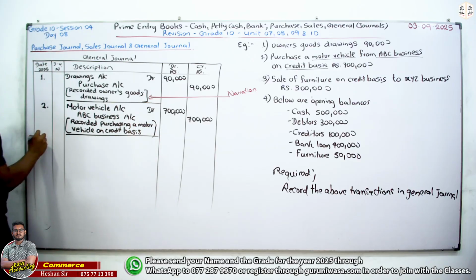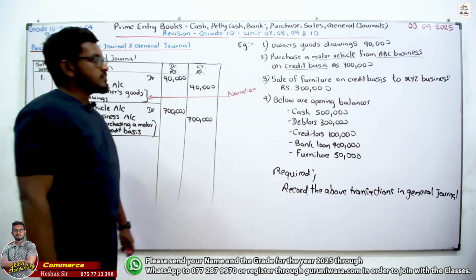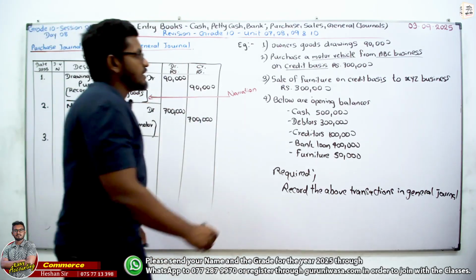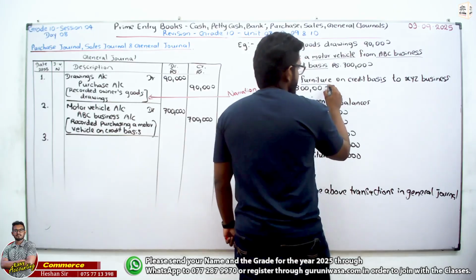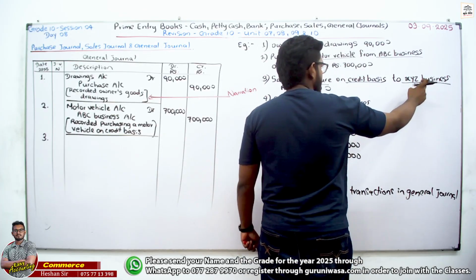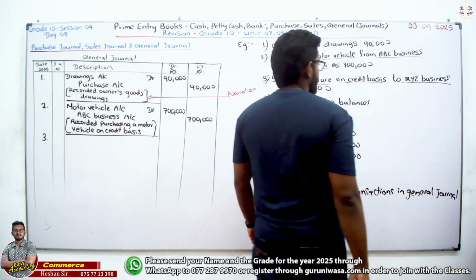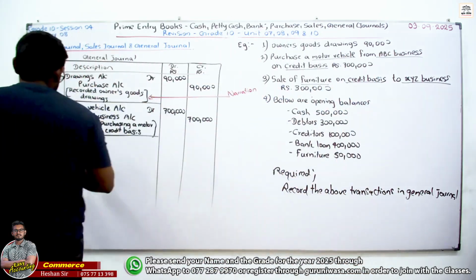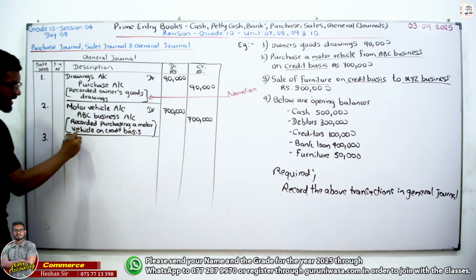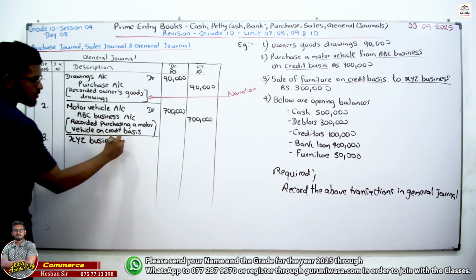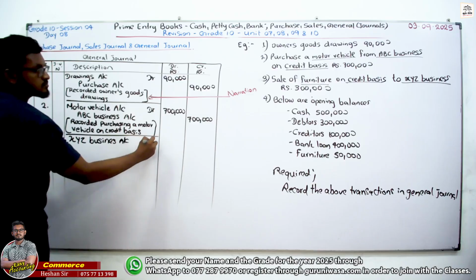Number 3: sale of furniture on credit basis to XYZ business. If we sell non-current assets on credit basis to another business, we are not naming this person as a debtor. This is a non-current asset, a long-term asset. So we write the name, don't write it as debtor XYZ, it's incorrect. XYZ business account debit,